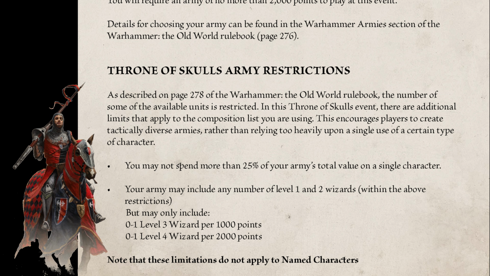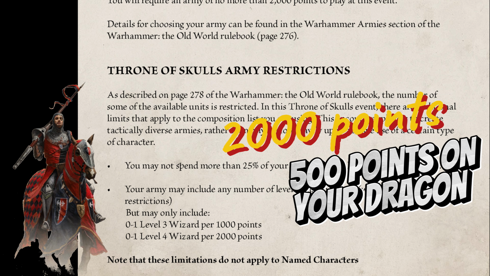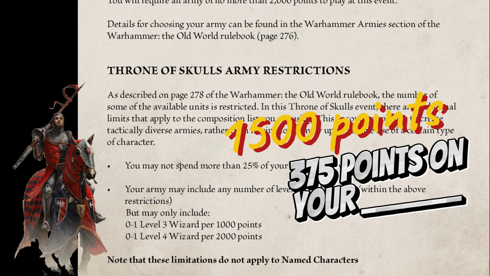We'll have a look at some of the things it affects. So you get 500 points for your dragon at 2,000 points, which is enough. You can still have a pretty strong dragon, just that you don't have the multiple saves. You can build it defensively. I mean, the Chaos Dragon is pretty tough anyway, so he can just sling in a great weapon, and he's still a pretty good piece to have on the table,